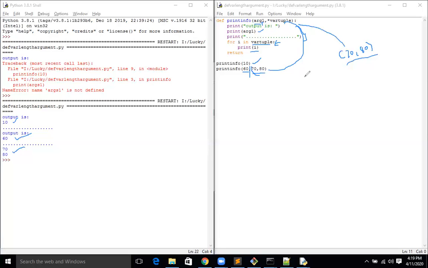This is an example for variable length arguments. So how will it take the two dotted lines separately? You're calling only one time with the print. Yes, the dotted line. That's why only the last statement, print info, and then I'm giving 60, 70, and 80. The first argument will move to argument 1, and it prints the argument and prints the dotted lines also. Right. Okay. And so then it splits and calls all the print functions before you are calling the variable tuple argument.